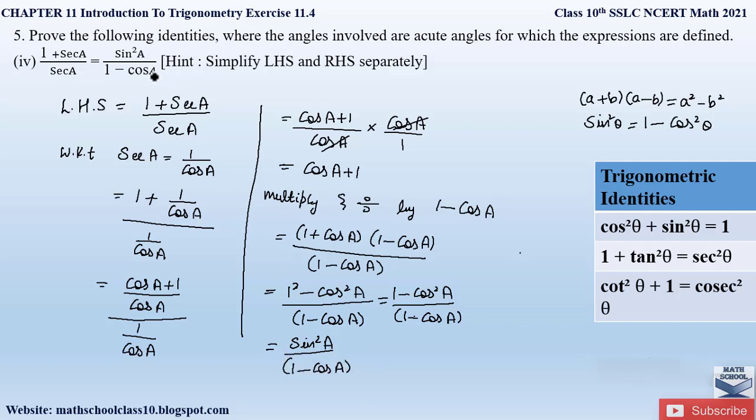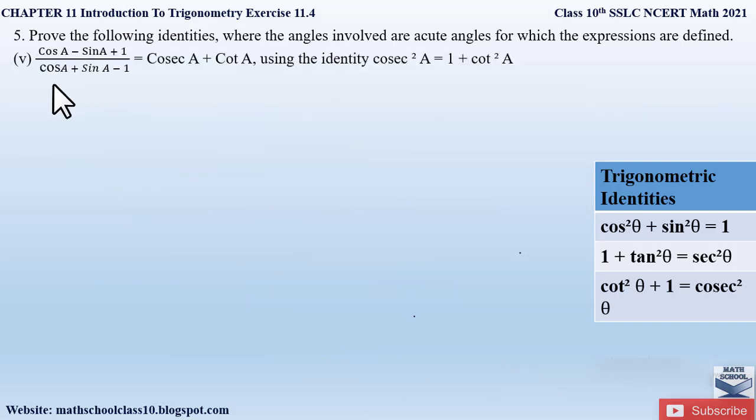So this is the right. So here we obtain the right hand side part of the question which is given here. So this is equal to right hand side, right? So therefore our left hand side is equal to our right hand side of the given equation. So hence proved.